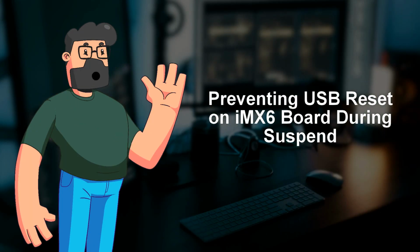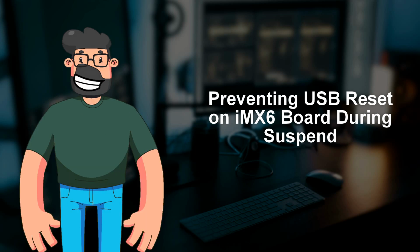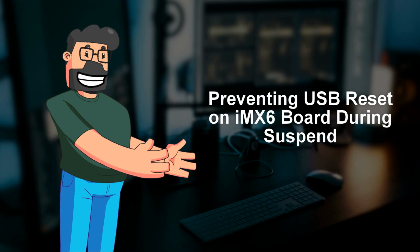By adding the USB_quirk_disconnect_suspend USB quirk, you can prevent the OS from resetting the USB devices on wake-up. This small tweak can significantly speed up the resume process, especially when multiple devices with the same VID and PID are connected to the same bus. This simple solution can make a big difference in the overall performance of your system when coming out of suspend